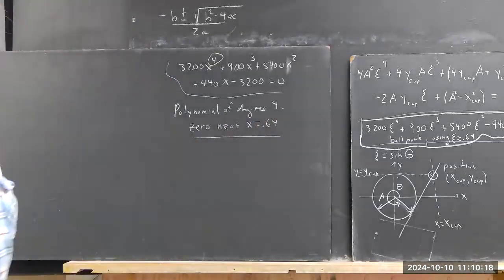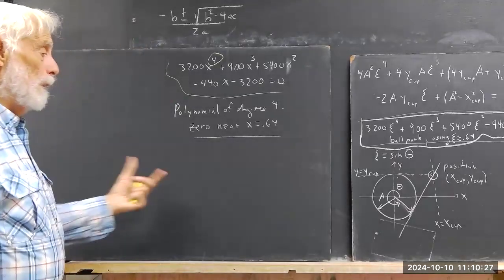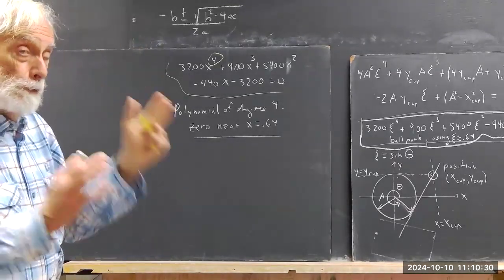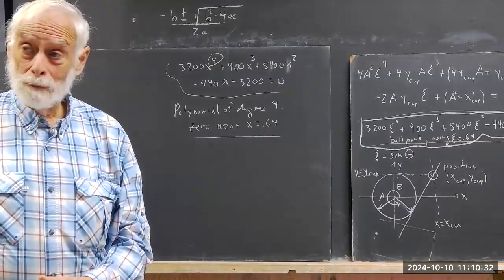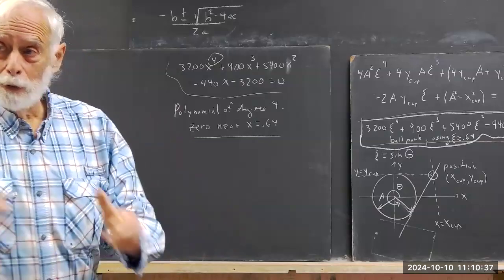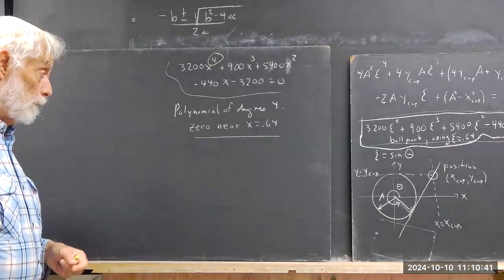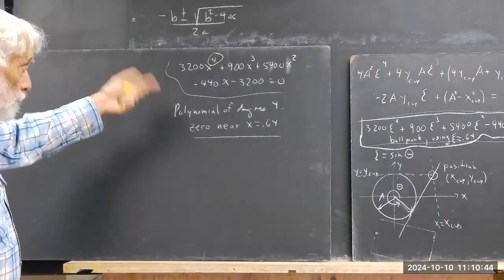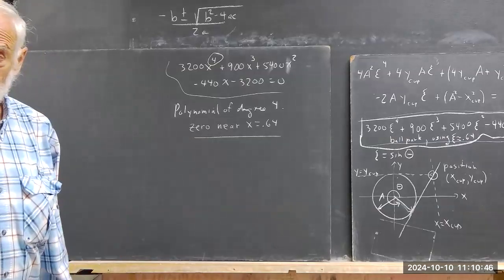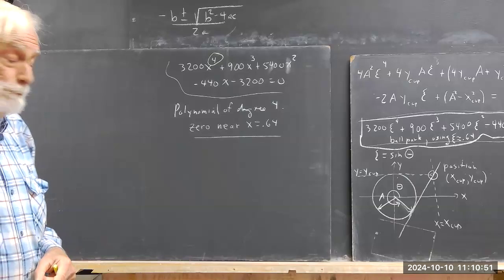There's a 0 near x equals 0.64. Now, what can we tell about this polynomial? We would like this polynomial to be in factored form, where you've got like an x minus 5 and an x plus 2 and all that stuff. And we've seen that form of a polynomial. We have no idea how to factor this thing. Now, if it does factor,